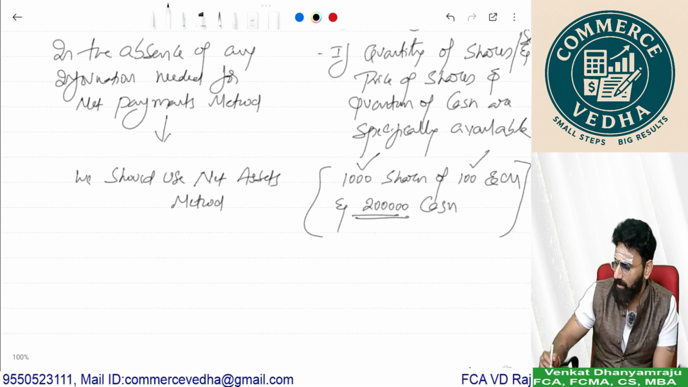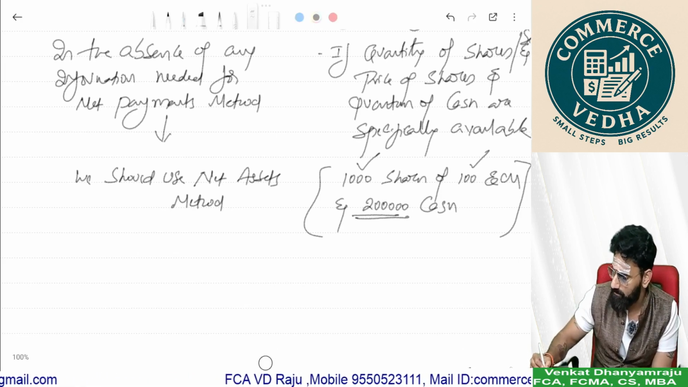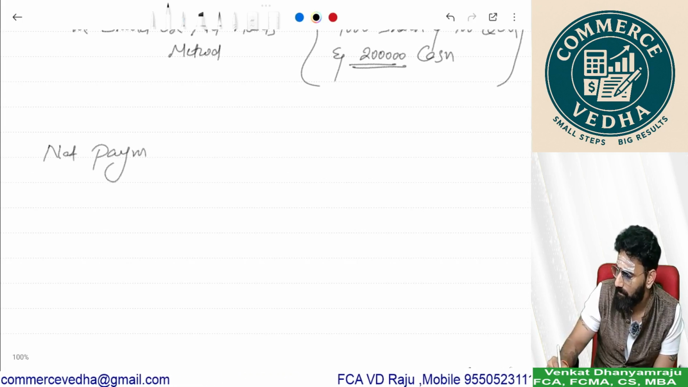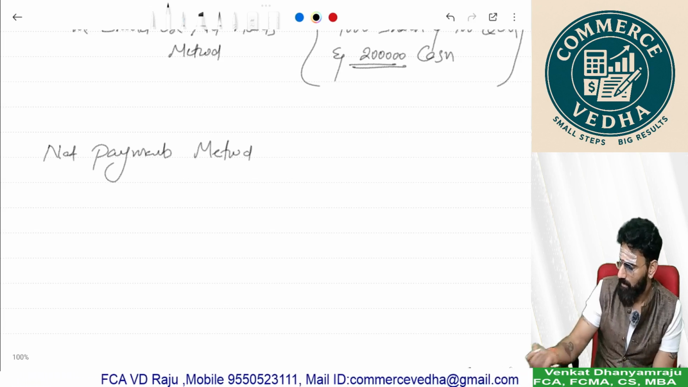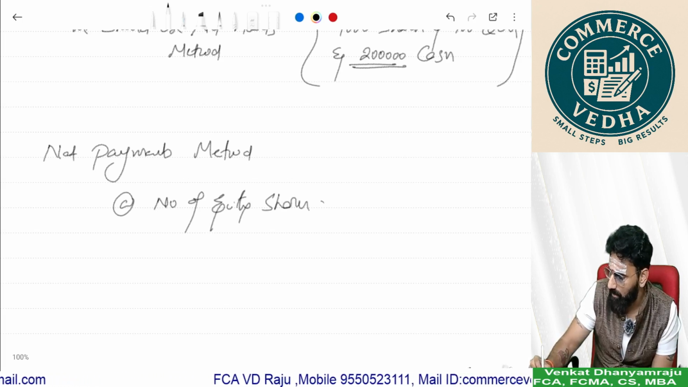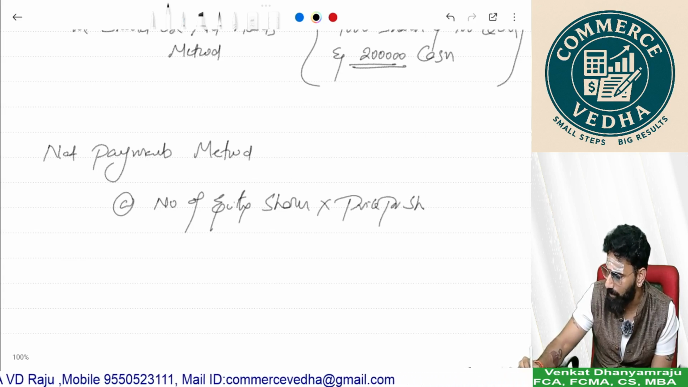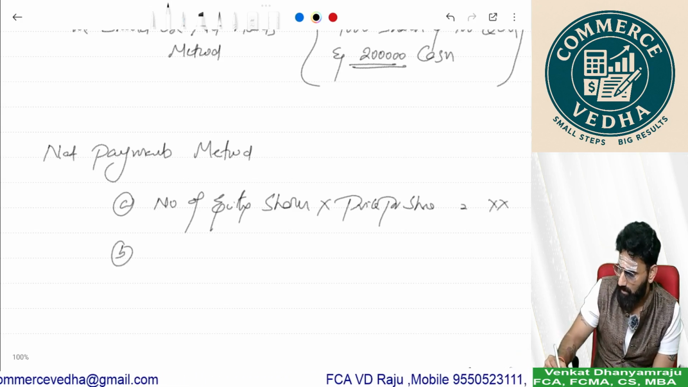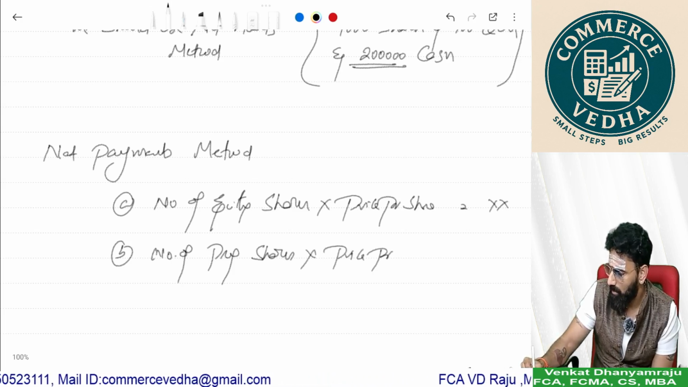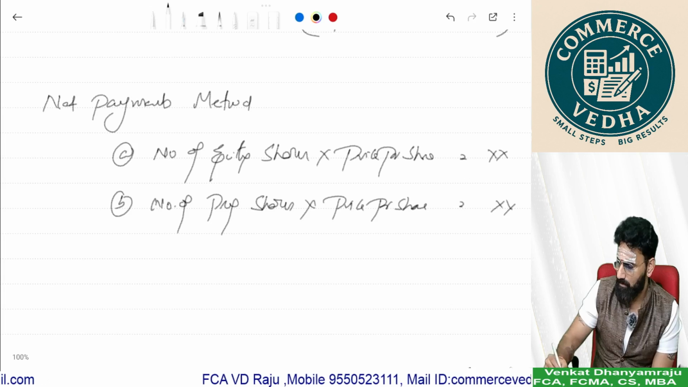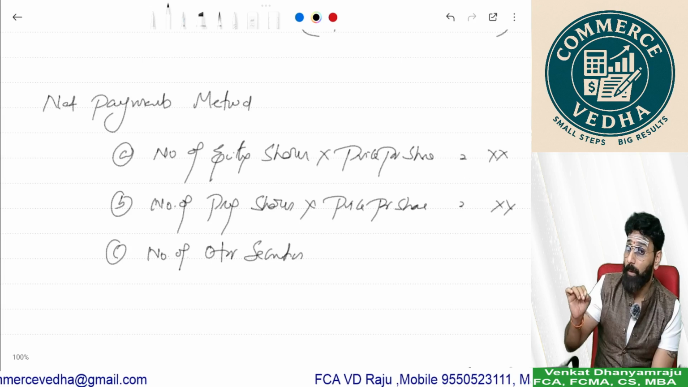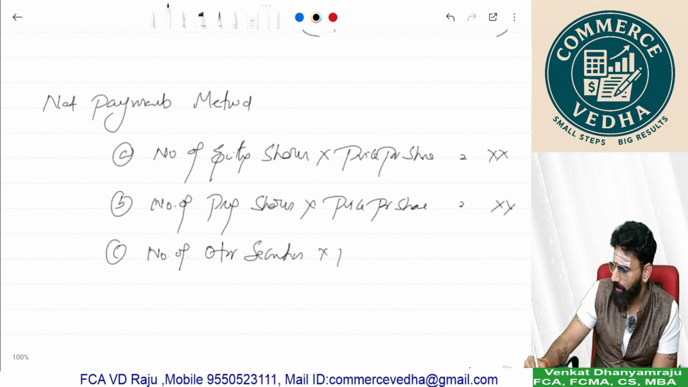Now, what is the net payments method? You should compute like this: number of equity shares into price per share, number of preference shares into price per share, number of other securities, payable to shareholders only, into price per security,